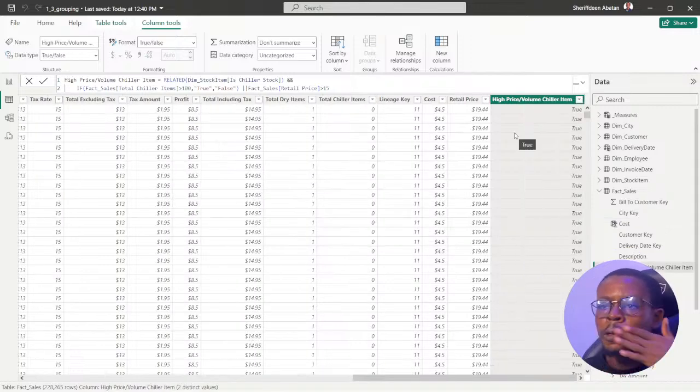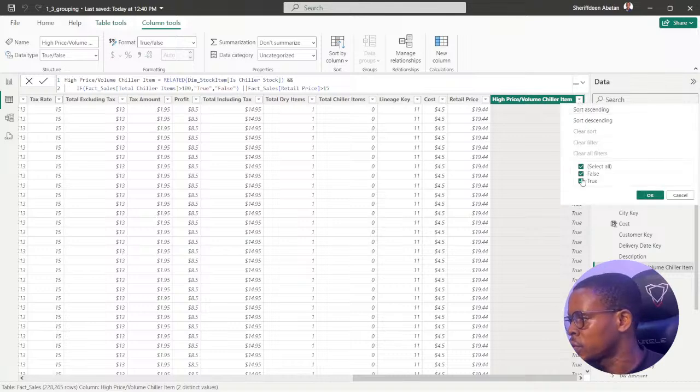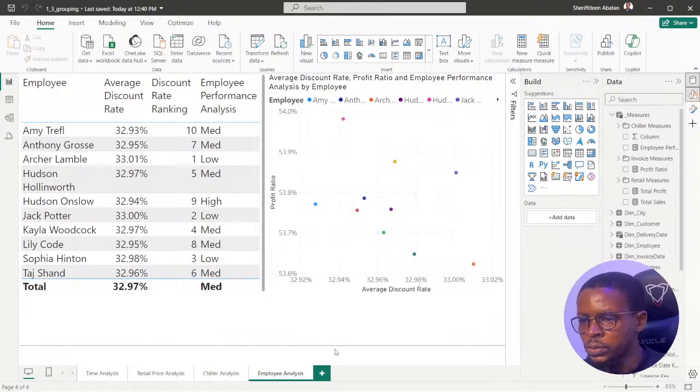Wow. Oh, we are close. So I see we have two trues here. We can see we have two trues from this table. That means we nailed it correctly there. We nailed it correctly. So now let's move on to the next instruction